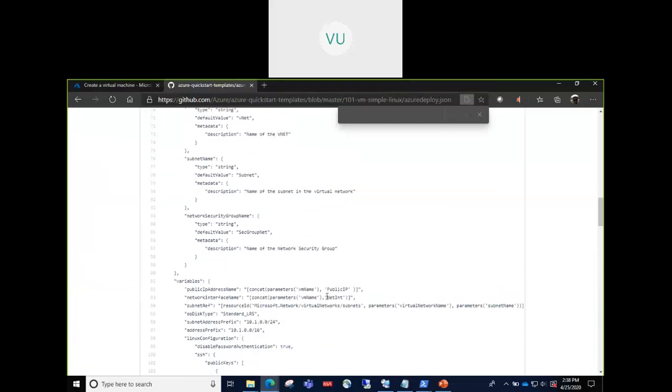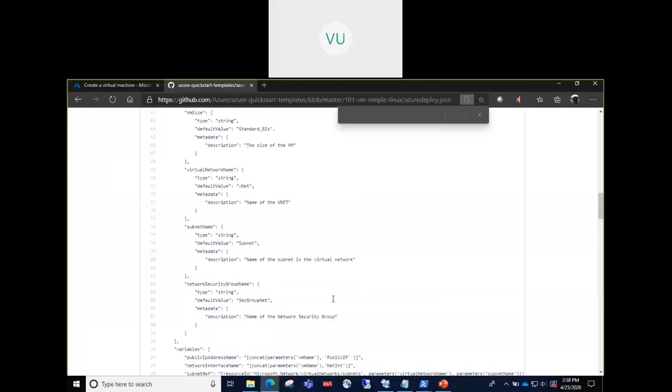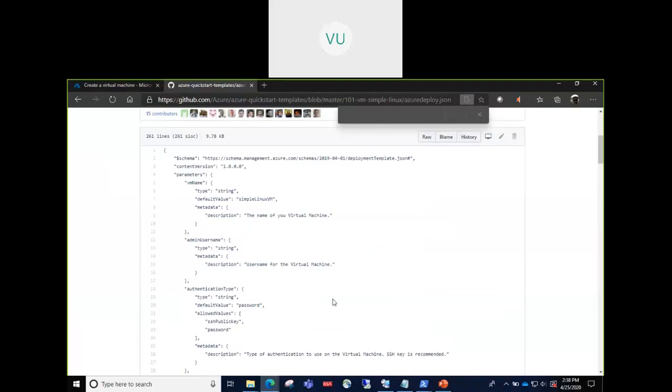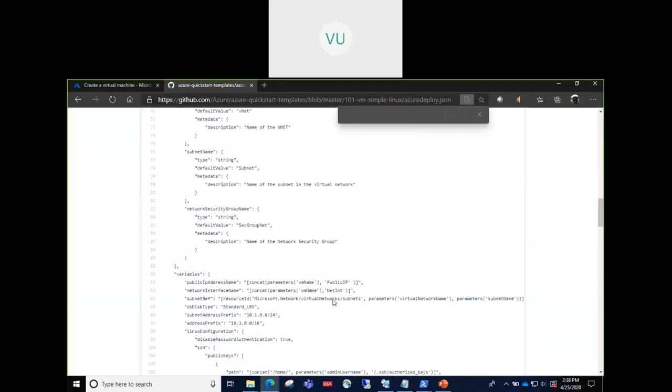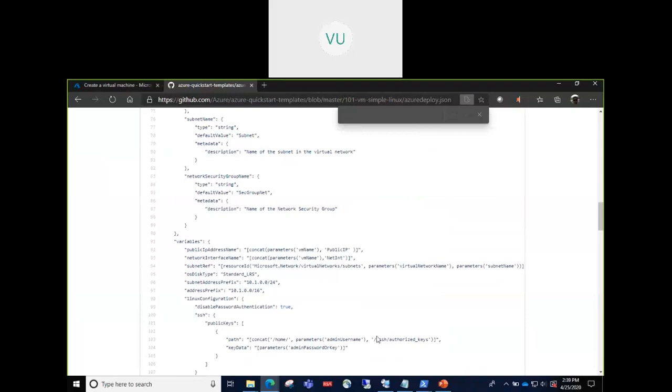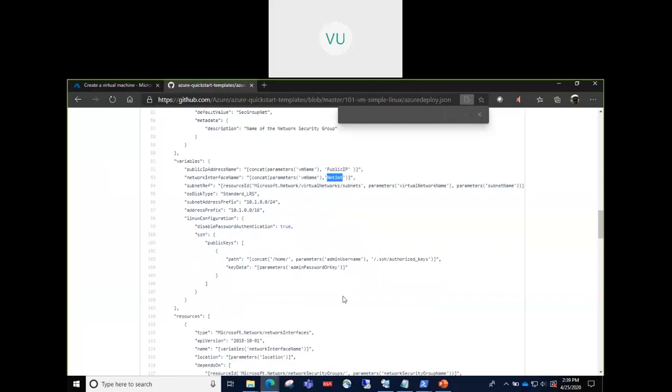What they have done in this template is, instead of providing a name for each of these resources like public IP, network interface, they have used VM name as a prefix for all these resource names, and then they have just appended the resource type. If you give VM name as ABC, then the public IP would be named ABC public IP. Then you will see the network interface would be named ABC network interface.